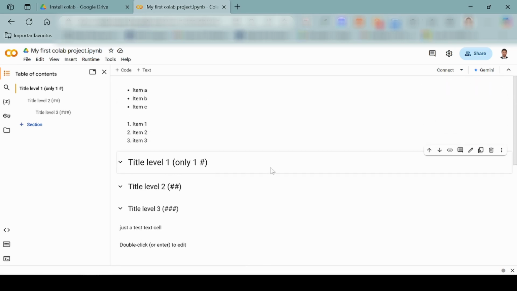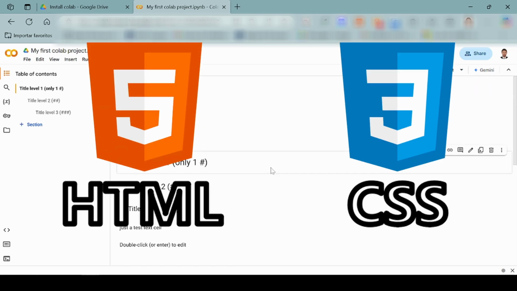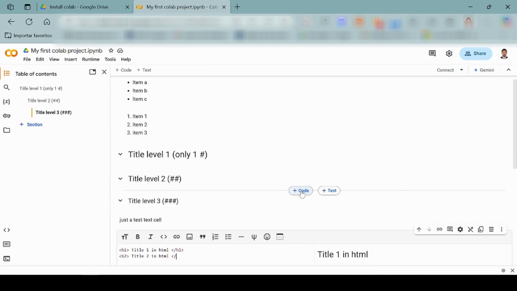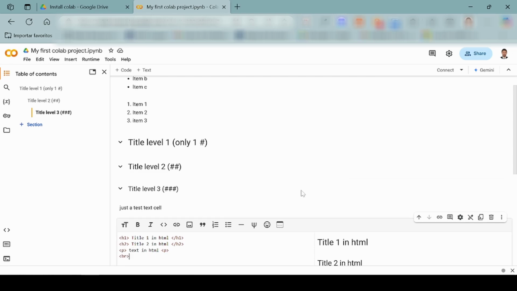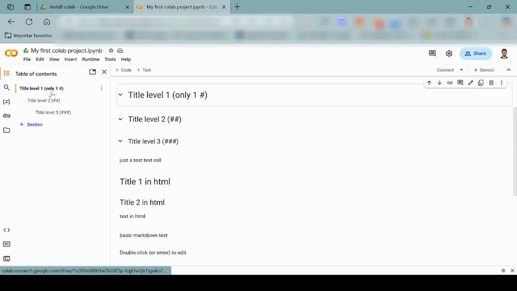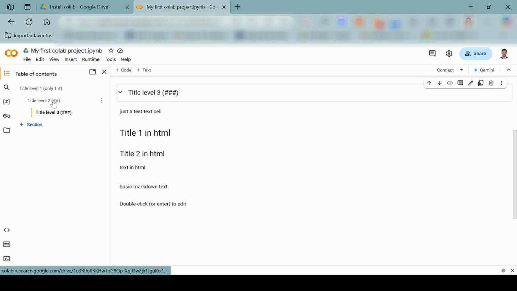You can also support basic HTML and CSS. However, I recommend you to use the titles with the hashtag, just to have the table of contents and navigate easily in the document.